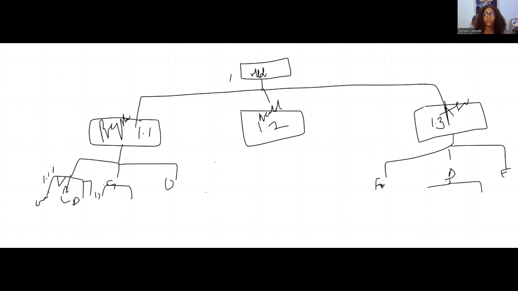Alcohol, non-alcohol, and what? Local. So in this non-alcohol, you might still want to decompose it. What kind of non-alcohol are we looking at? Are you talking about wines? Are you talking about mocktails, minerals, fresh fruits, juice, and all that? Yeah. So you see, you keep just decomposing it.